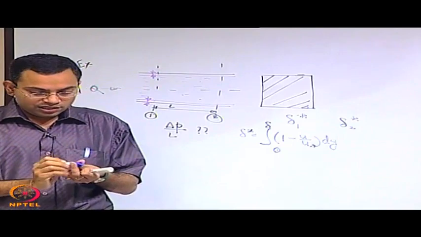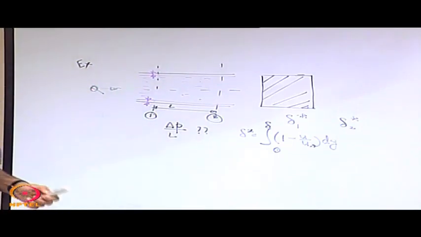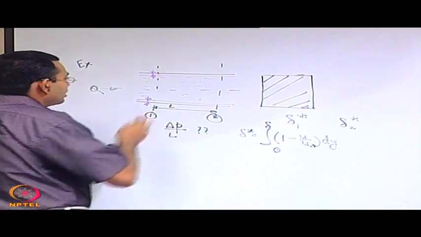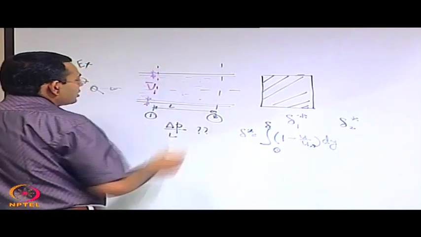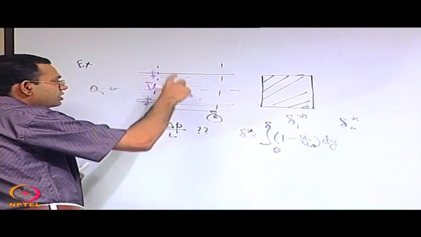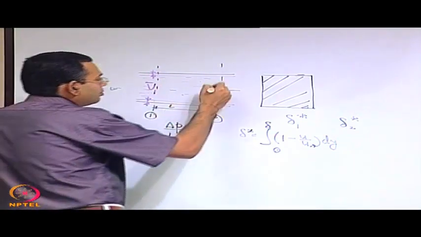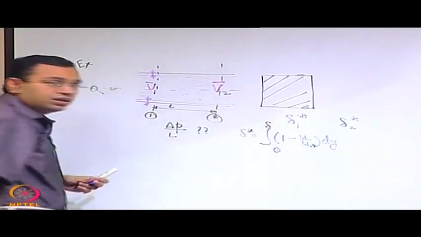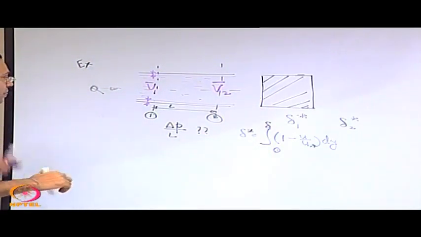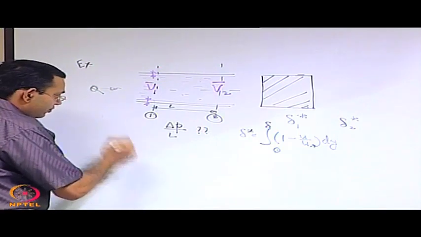So if V1 is the velocity of the fluid in the inviscid core through section 1, and V2 is the velocity of the fluid flowing through the inviscid core at section 2, then you may write from the continuity equation